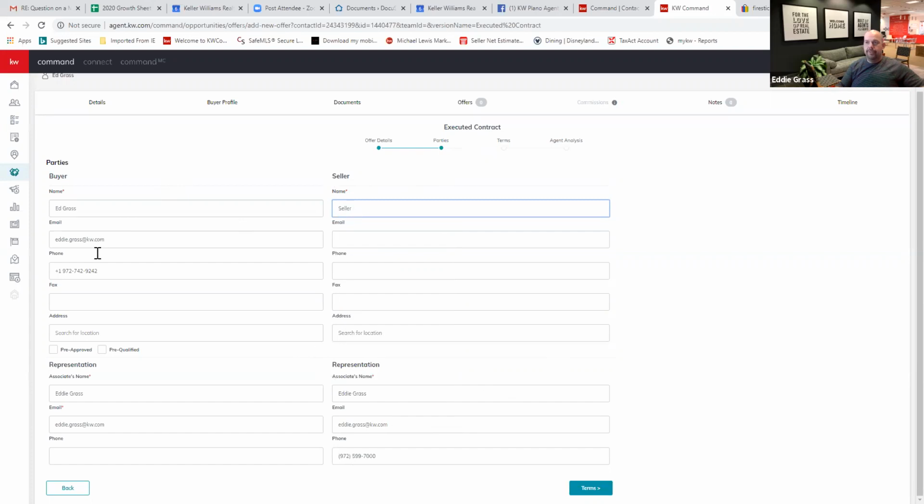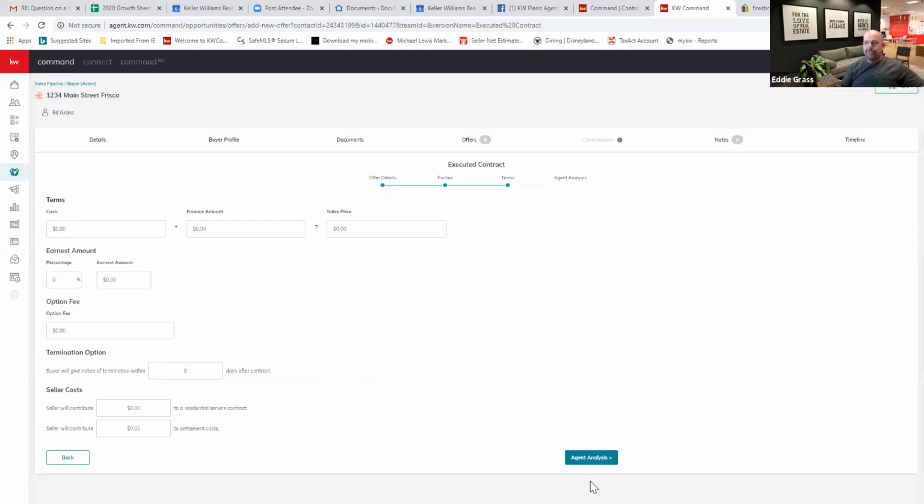And go ahead and fill out all that information as you see fit. Next, we're going to hit terms right down here. Now, what we're going to do is put the terms of the contract in. Let's say that $50,000 was put down in cash and a total of $350,000 is being financed